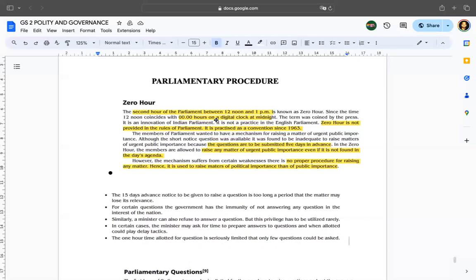Then two more important institutions we have in the Rajya Sabha, that is the panel of vice chairpersons, because we have the panel of chairpersons in the Lok Sabha and the panel of vice chairpersons in the Rajya Sabha. They are members, and there could be a number of them, like 10 to 14 or 15. They are not elected; they are nominated from the House by the chairman himself. And they perform the duties of the deputy chairman and the chairman in case they are absent, have resigned, or the resolution is passed to remove them. So such kinds of offices we have in the Rajya Sabha. And last, we have the secretariat.